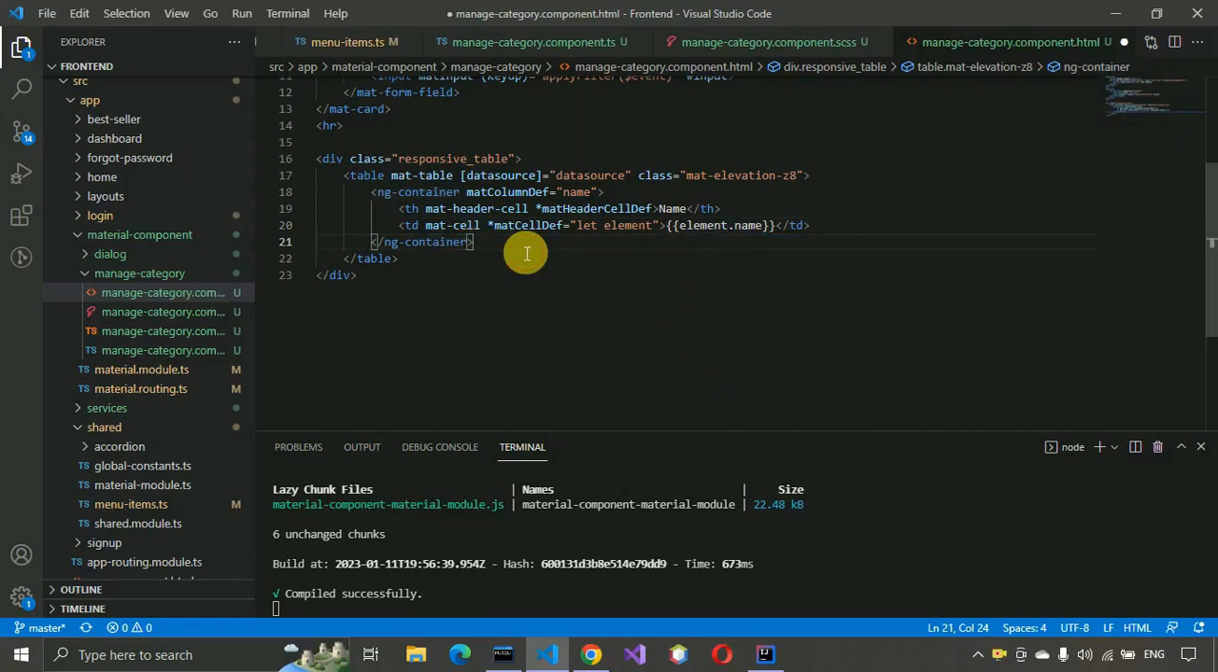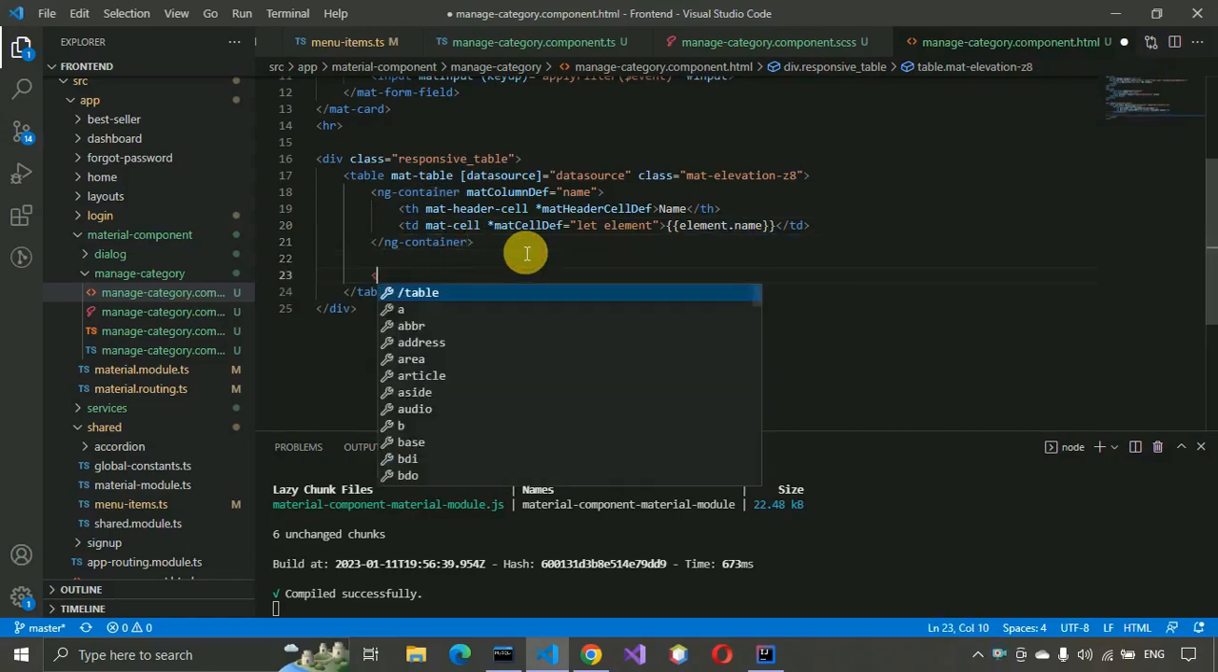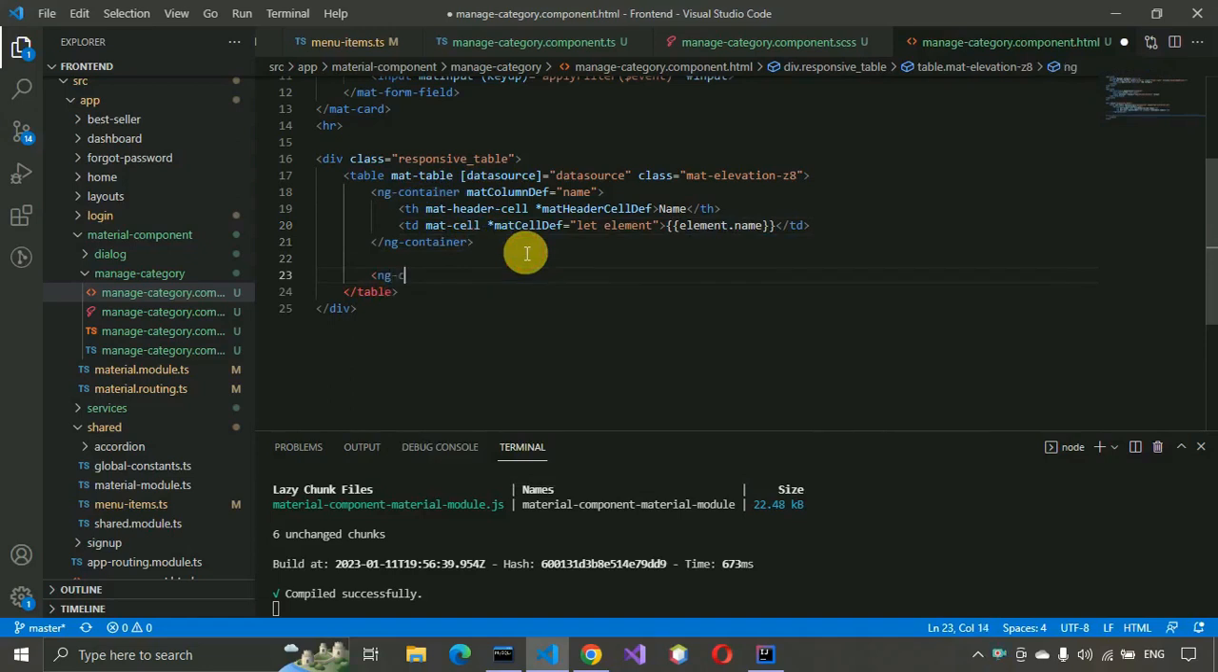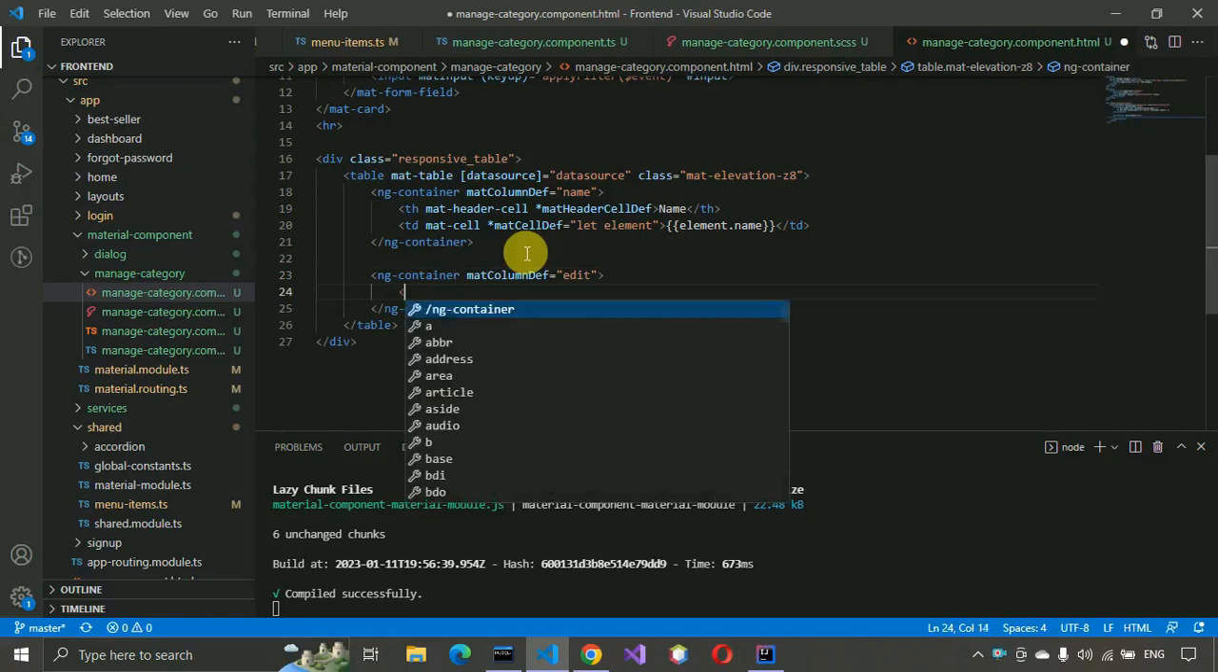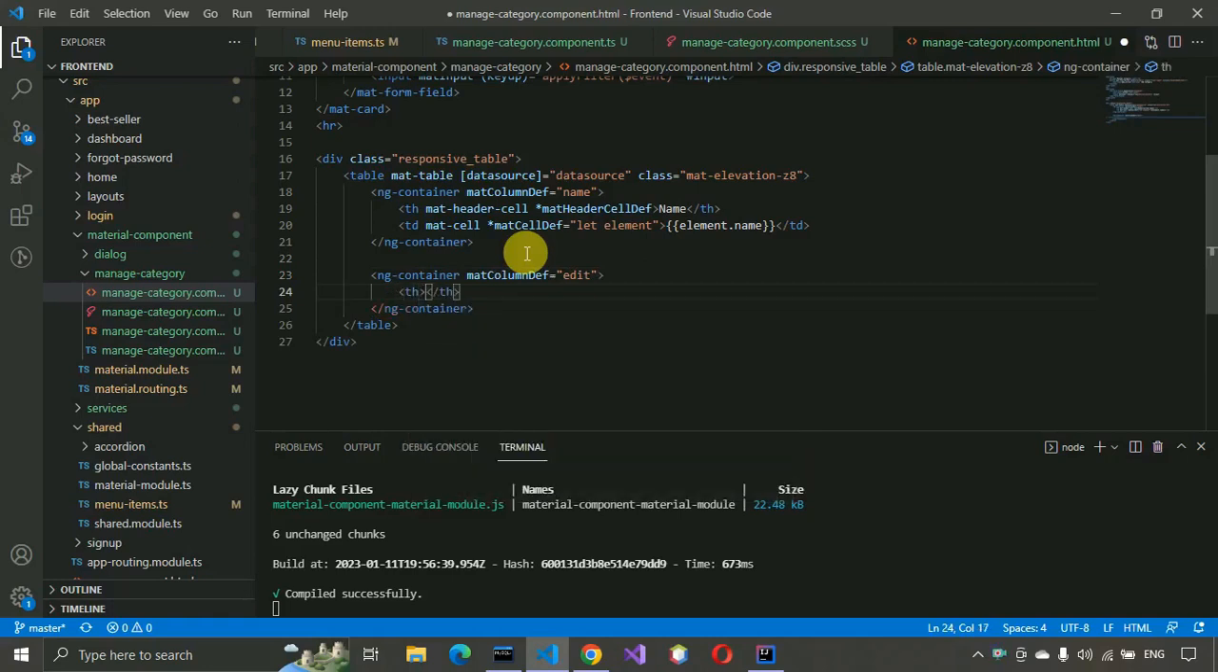After this we have to just go to the next line, so here we have to write ng-container mat column def, and here we write edit and just close this one, press enter, and again we have to write th, and inside this one we have to write mat header cell star, and here we have to write mat header cell definition, and here we have to write action,